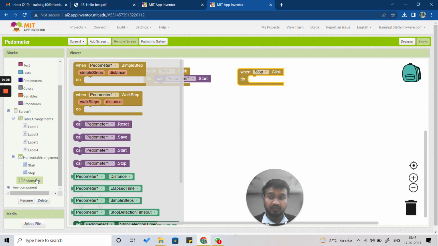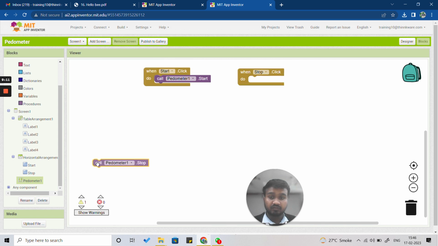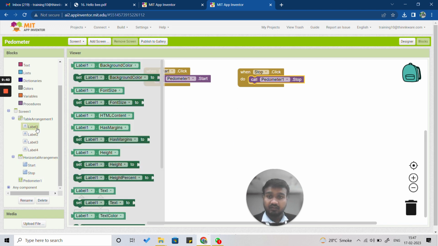So we'll click on Pedometer1, then select call Pedometer1.Stop, drag and insert it here. Alright, so this is the code for starting and stopping the pedometer. Then we want that at the very beginning only the Start button should be visible and Stop will be invisible. For that we'll select